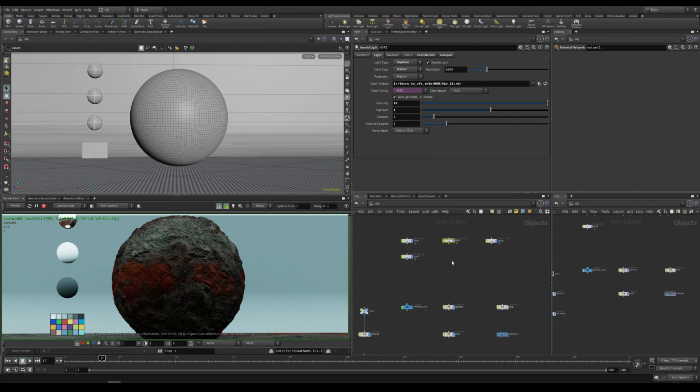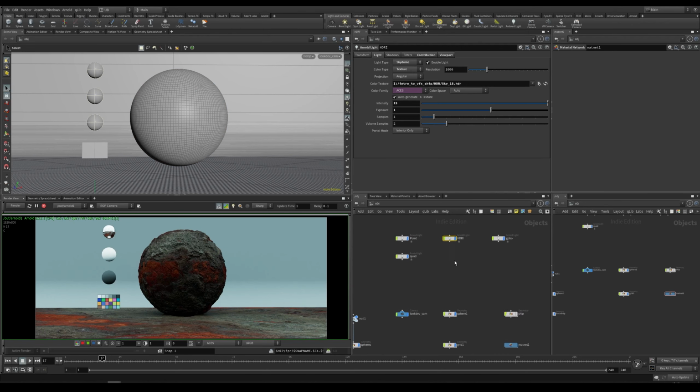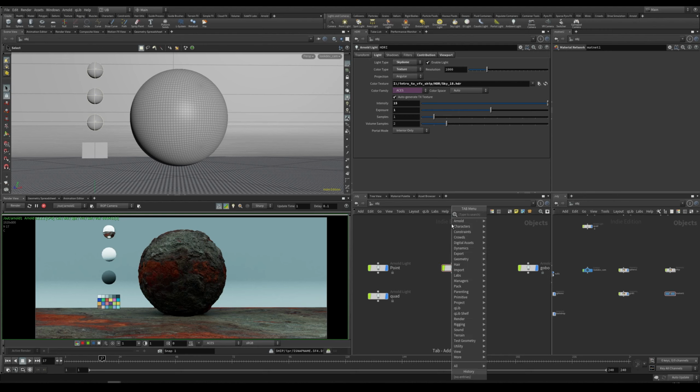I turned on our HDR light in this case, so I'm using Arnold, or in this particular case, it doesn't really matter. You have other render engines. Mantra is a native render engine with Houdini, but I'm using Arnold in this case. So Arnold,